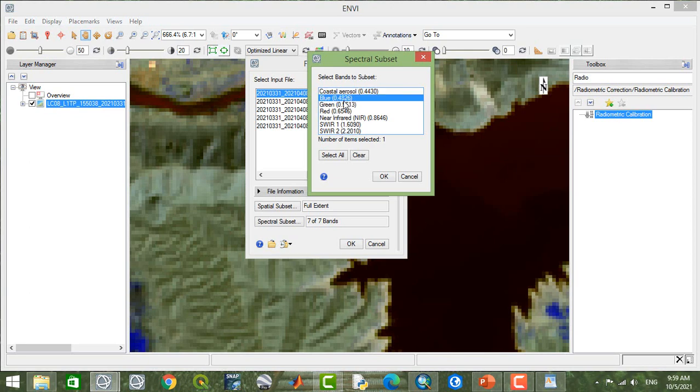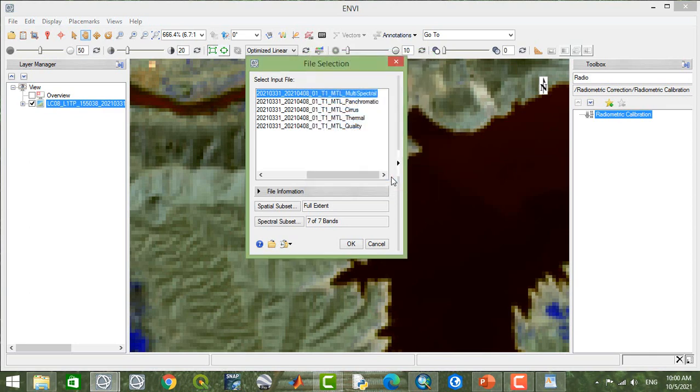You have here 7 bands. For example, if you wanted to apply this correction, this calibration, for only two or three of these bands, you can select only your purpose bands. And now I'm going to use all these bands, so I select all of them. And